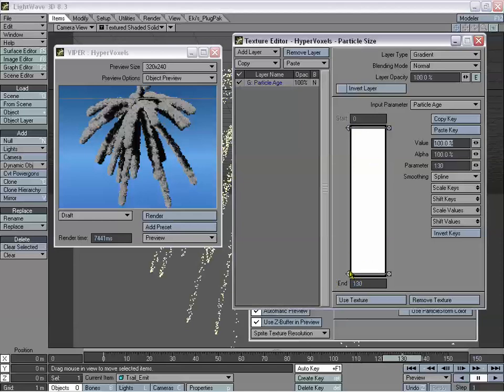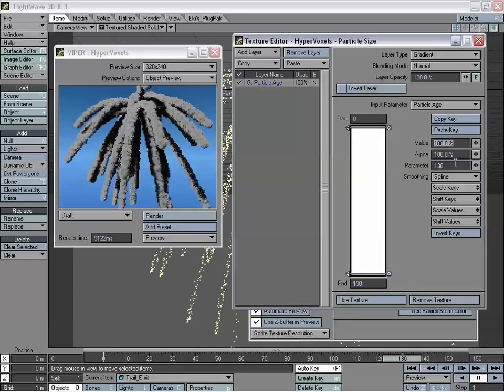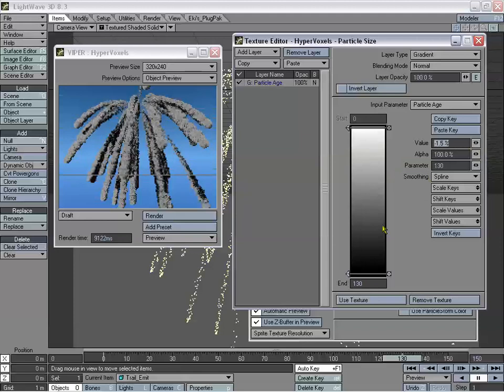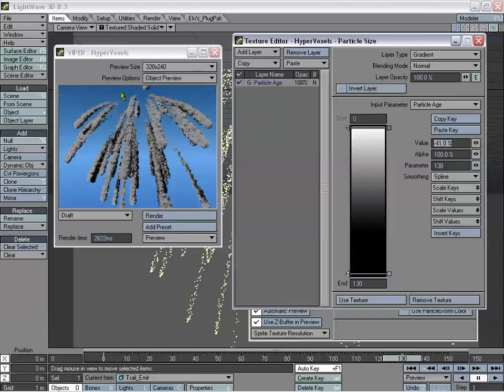Alright, now we want to add another sort of parameter in there, and now we need to start adjusting the value, and we need to just figure out which side is which. So if we change this to 0, you can see that the bottom is our central point, our starting point of the emitter, and that's kind of a neat effect. So if you're looking for kind of fireballs looking like that, it gives our spacing the inside, and we don't really have to worry about adjusting the dynamics of it, and we can do that on the hypervoxels, and that way we can kind of get meteorite type of things,